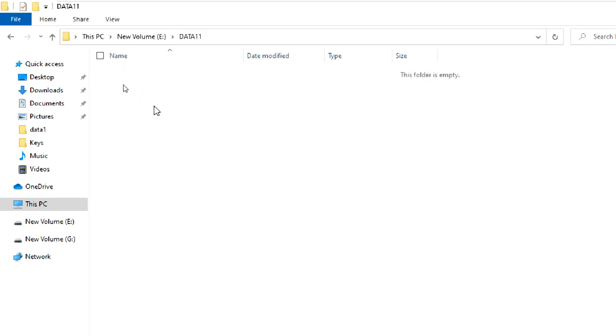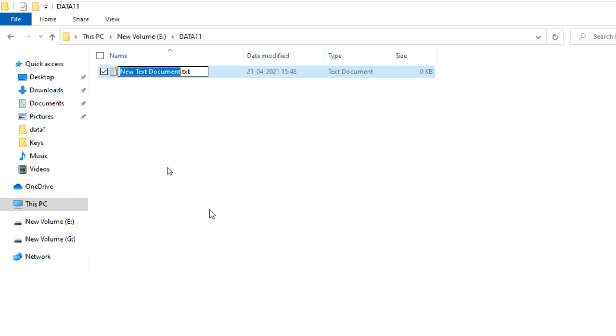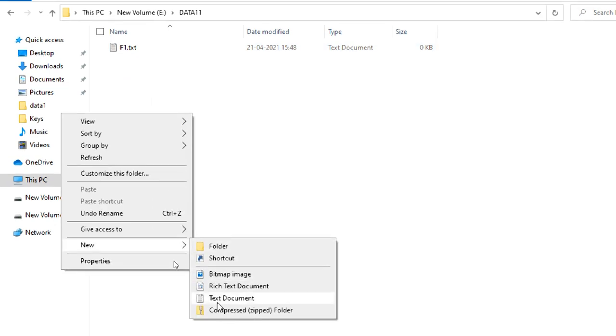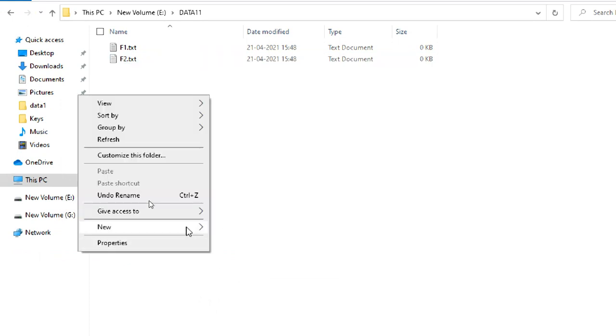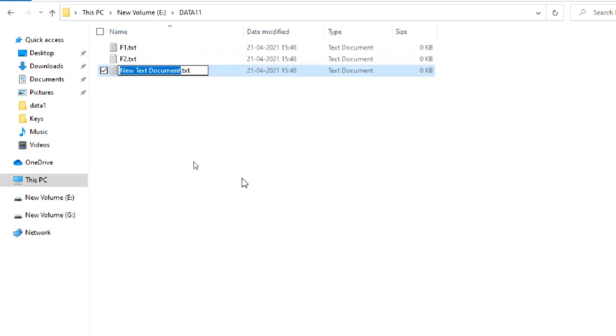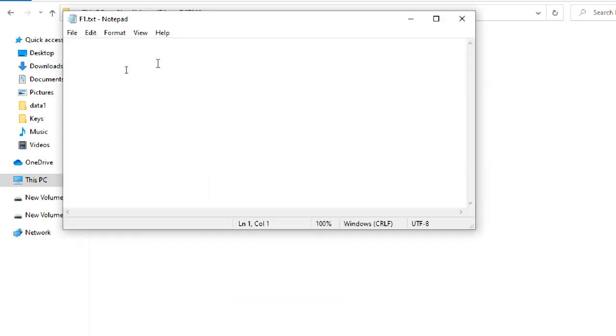Better to keep everything in one place. Then I'll create some files: f1, f2, f3, and we can add some text.